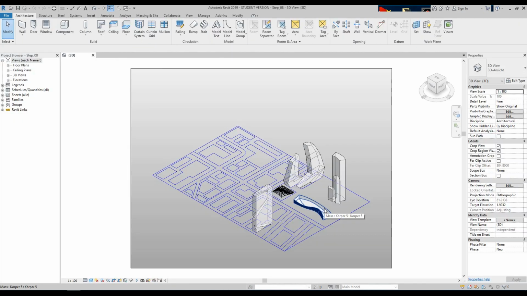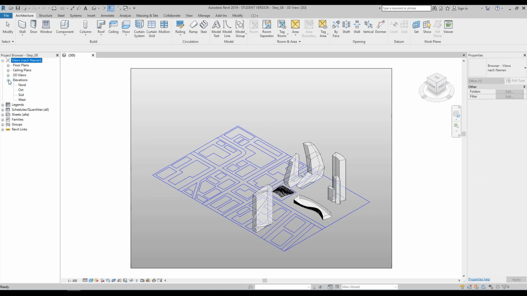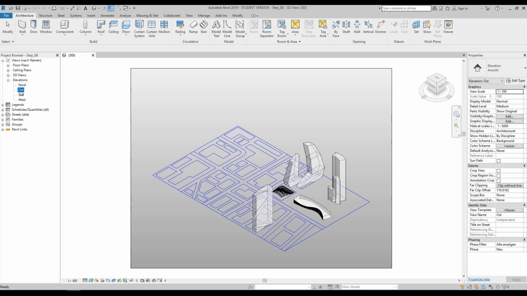Within this step we're going to do some mass floors, some floor areas, and then we're going to calculate the volume of those floor areas, and we're also going to place some floors and some walls, a curtain system and a roof by face. So the first thing we're going to do is go over to our project browser, open up elevations and click on the OST elevation,